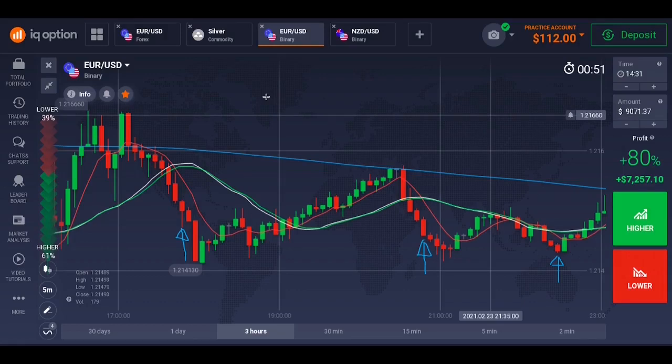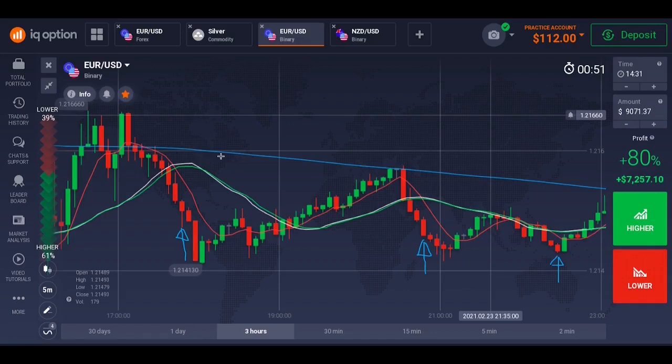But first of all, before trading, make sure you always check your news to always be updated, and make sure you don't trade during tribune news. So before taking any trade, what you do is you know the trend of the market.